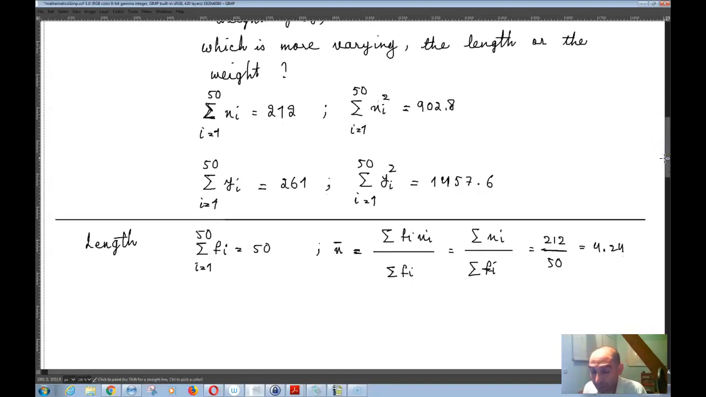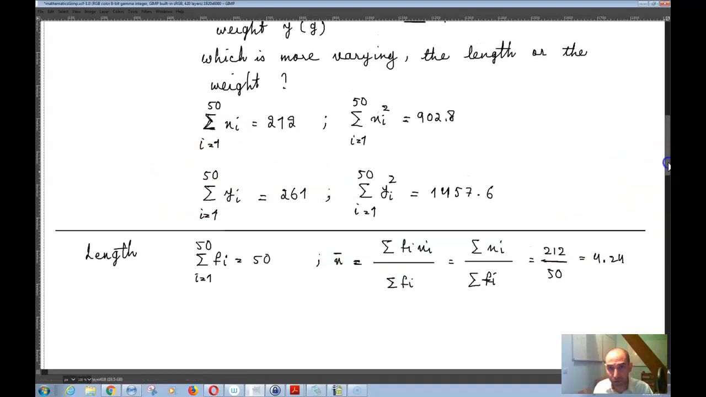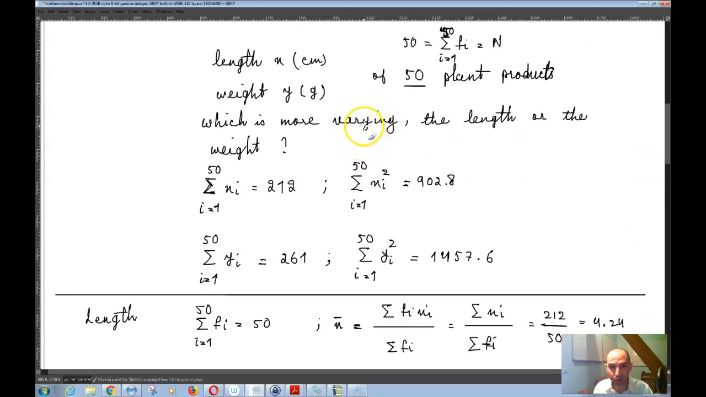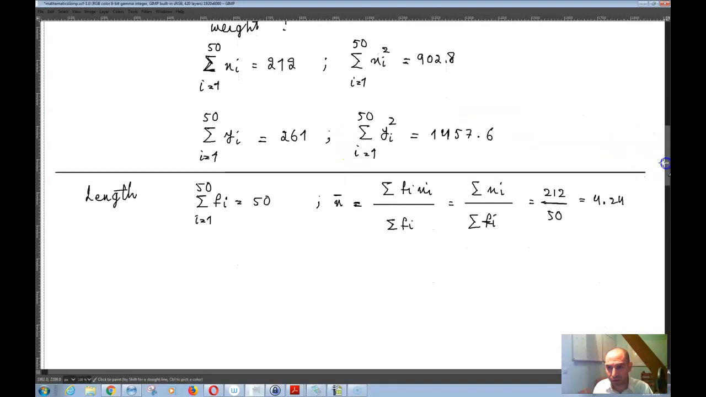Now, what I can do is go and do the same thing for the weight. You want to know which one is more varying. So first I want to know if the x bars are the same or not. Then we can decide the rest of the way. So when it comes to the weight,